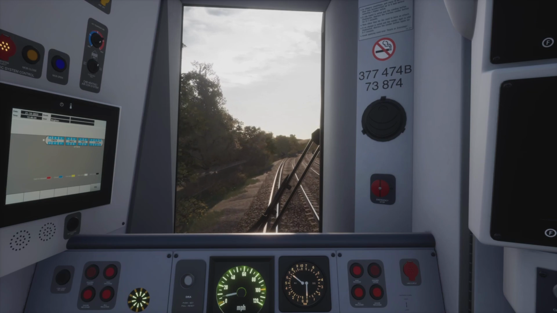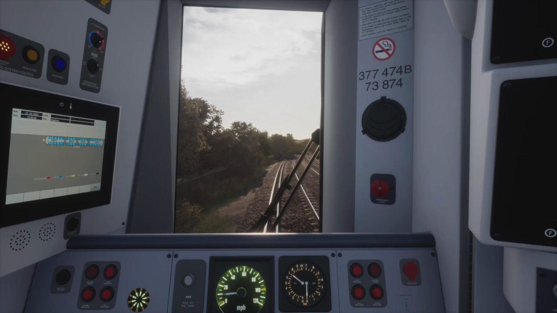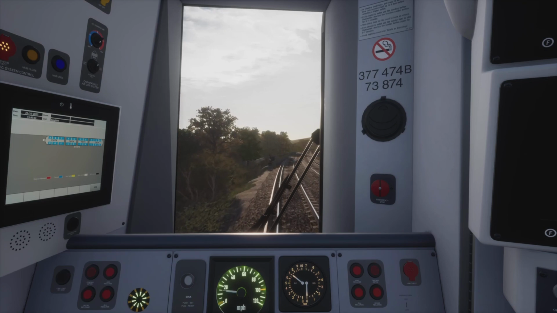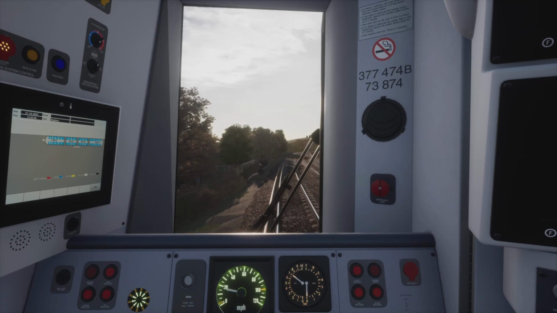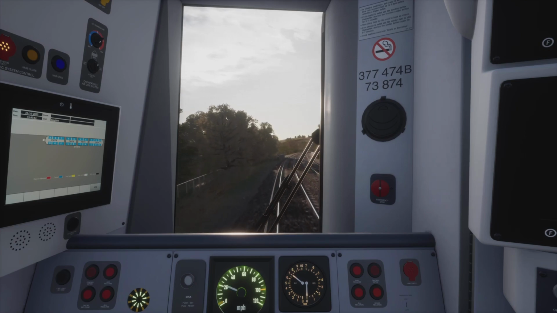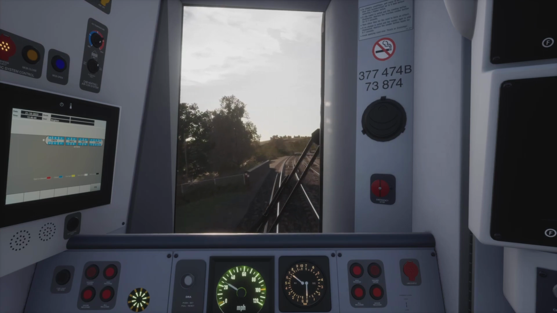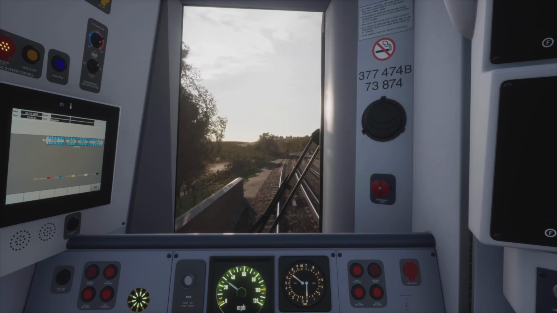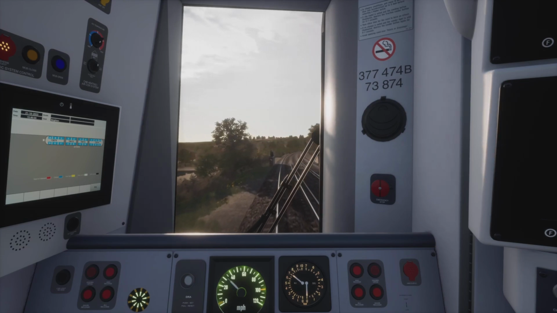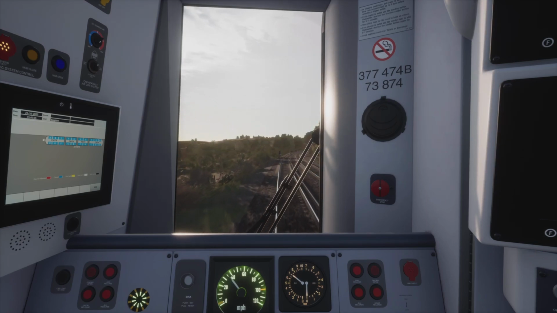Where were we? Yeah, we should be clear of the 55 board by now. So I'm going into power notch 3 to begin accelerating up towards 55 miles an hour. Next station is Falmer, and between here and about a mile out from Falmer Station, we are going to be climbing. Now going up to power notch 4. Yeah, we're going to be on a very steep climb up towards Falmer Station, and then it becomes a